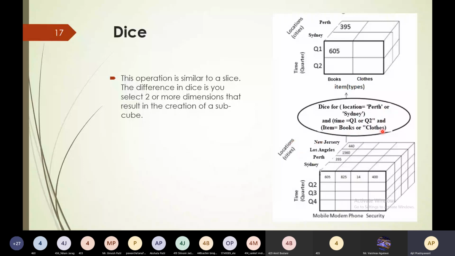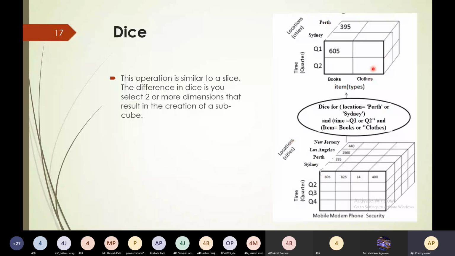So based on this dice criteria, this is the quarter Q1, Q2. These are the items, book and clothes. And these are the cities, Sydney and Perth. So one small part of this cube is retrieved, that is called dice.